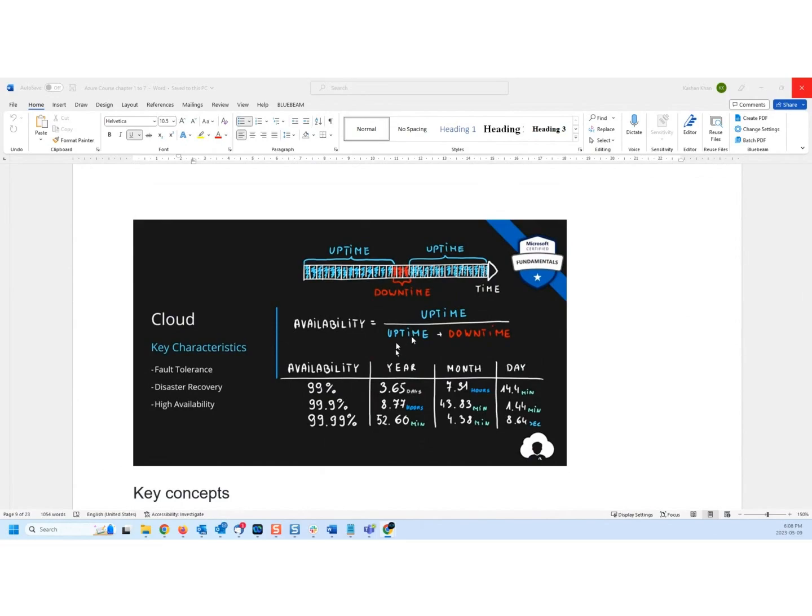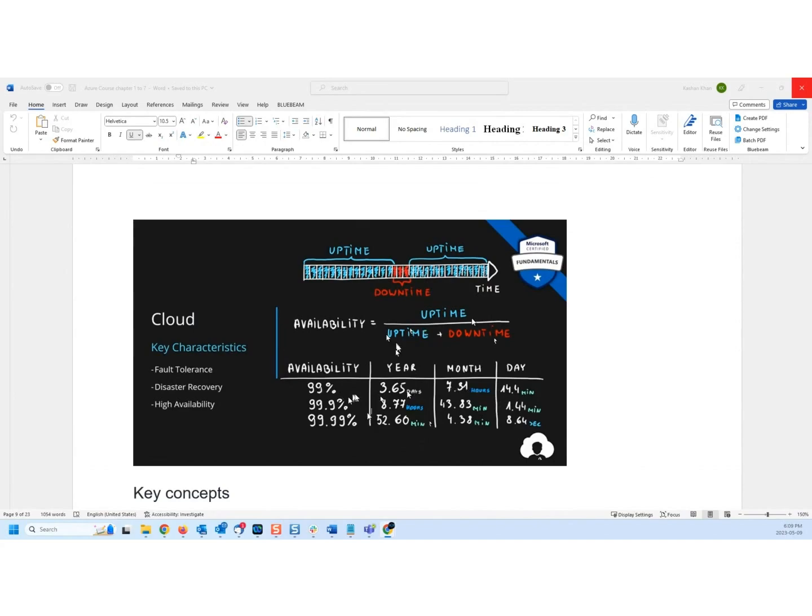In a typical high availability, you will have an uptime and the total time. So availability is the uptime, how much time you're up and how much time has passed. Obviously, if you are even down for 1 day or something like that, your availability gets hit. So in general, the more availability, the idea is that you are available 3.65 days of, I think this is downtime, and